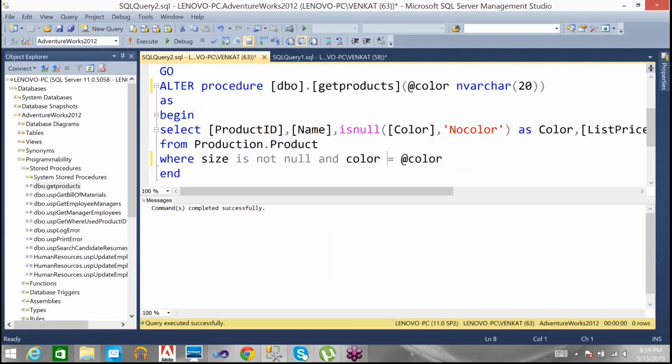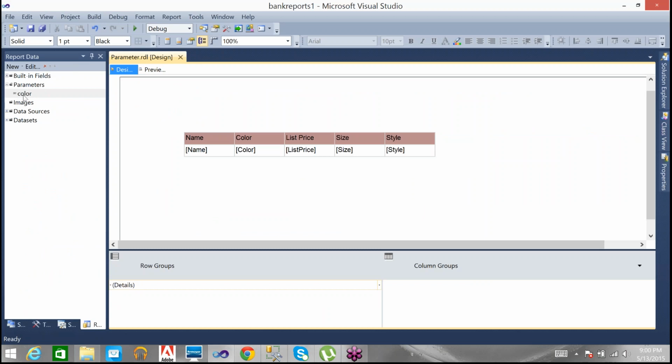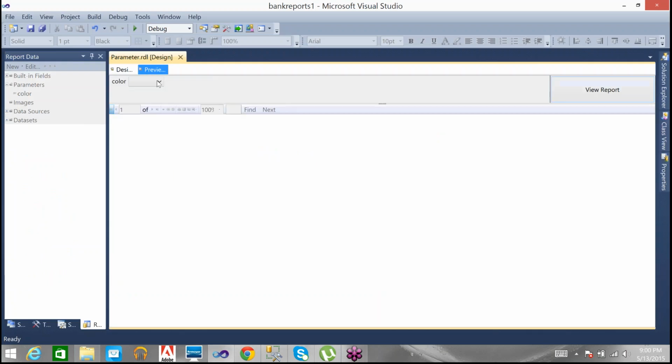Go back to that query, then you make it where the color in @color. Okay, now execute it, done. Then come back to the report, go to the color parameter and allow multiple values. Now you will get the extra text boxes. Then you can select the multiple colors.